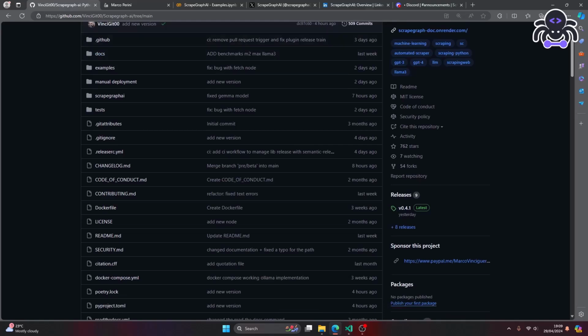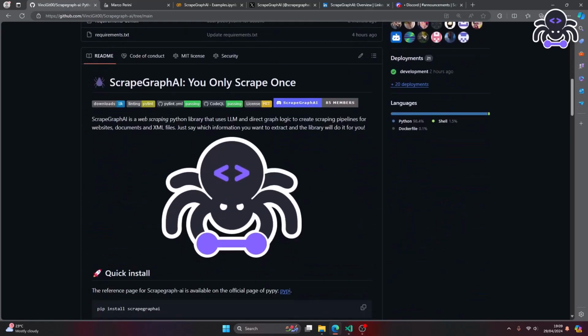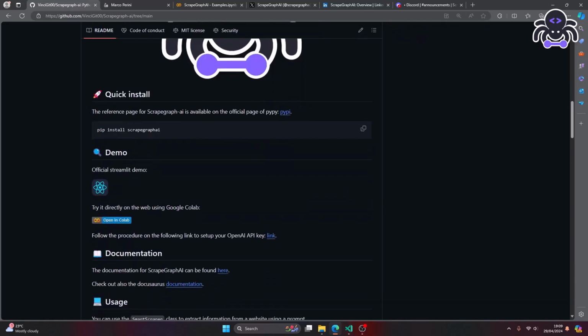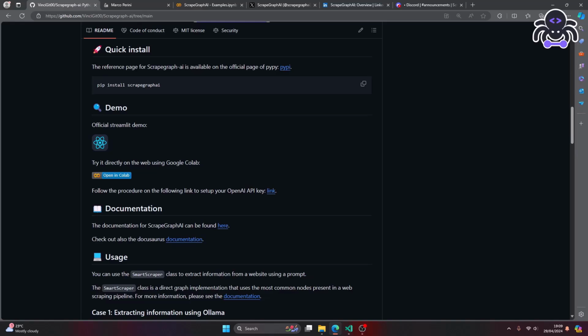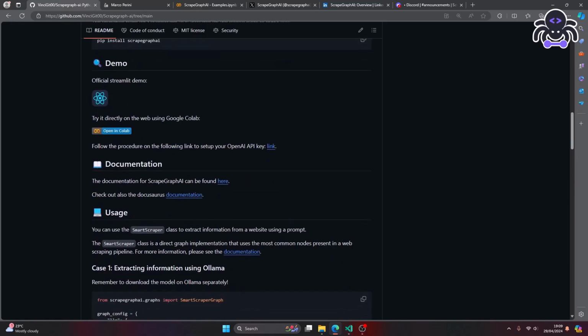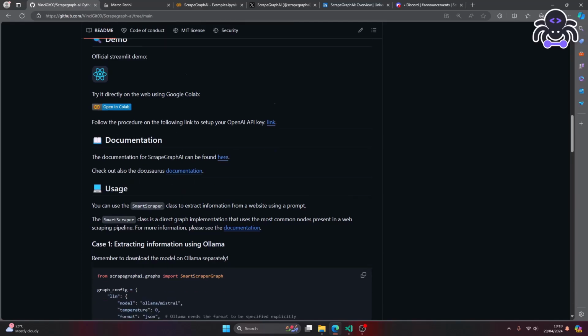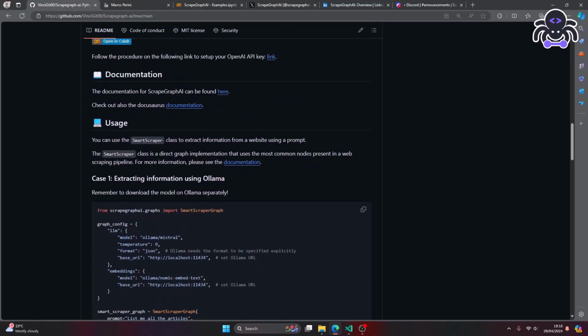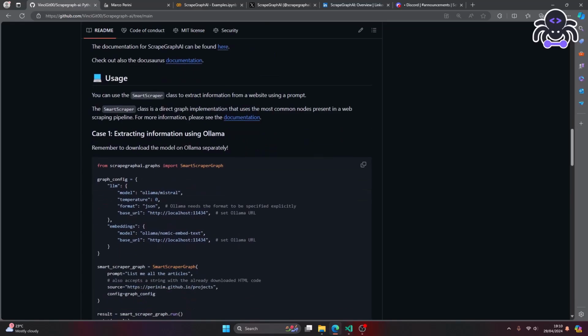So here is where all the library is, with some information on how to install the library using pip, some demos that we developed for an online hackathon, and the Colab link where there are some examples to use it online directly on the notebook using API keys, so not local LLM models, and the documentation that still needs to be updated, and we are currently doing it, and some usage cases